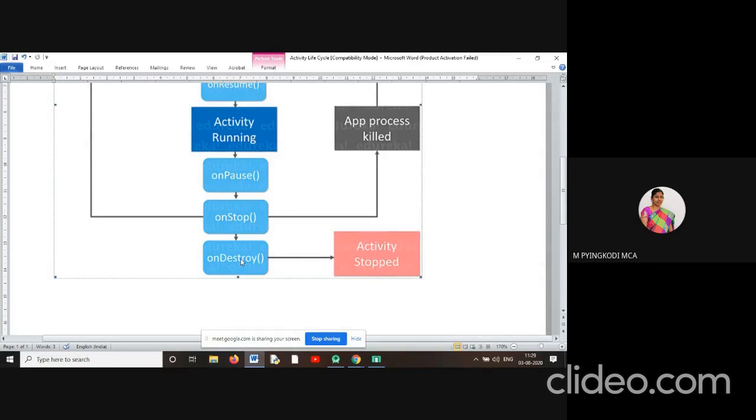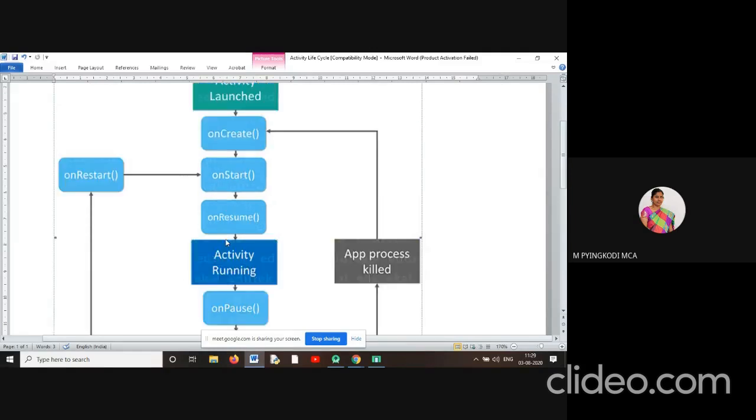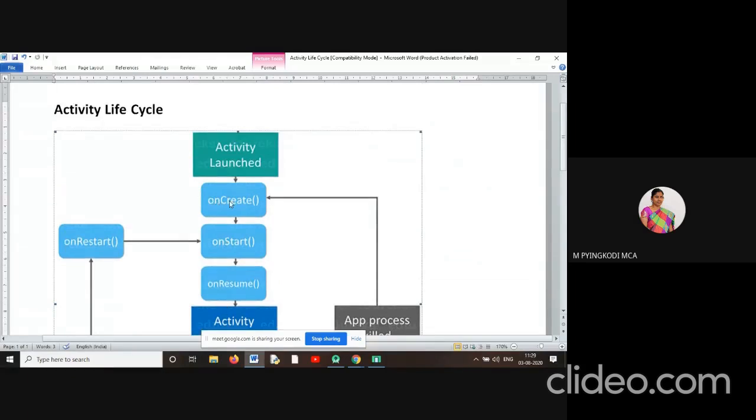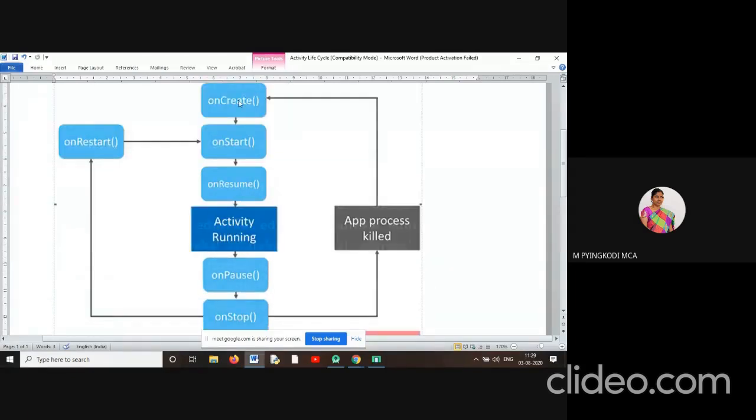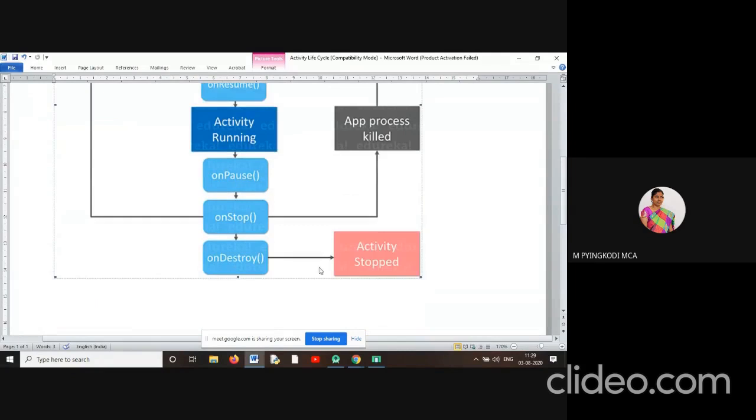In the onDestroy method, the resources allocated by the onCreate method are destroyed. So this is simply meant for destroying an activity.